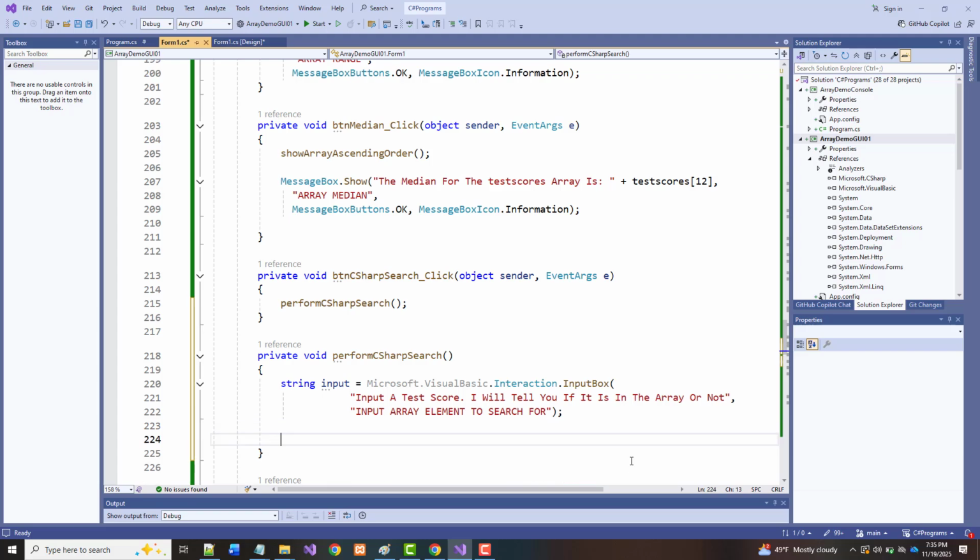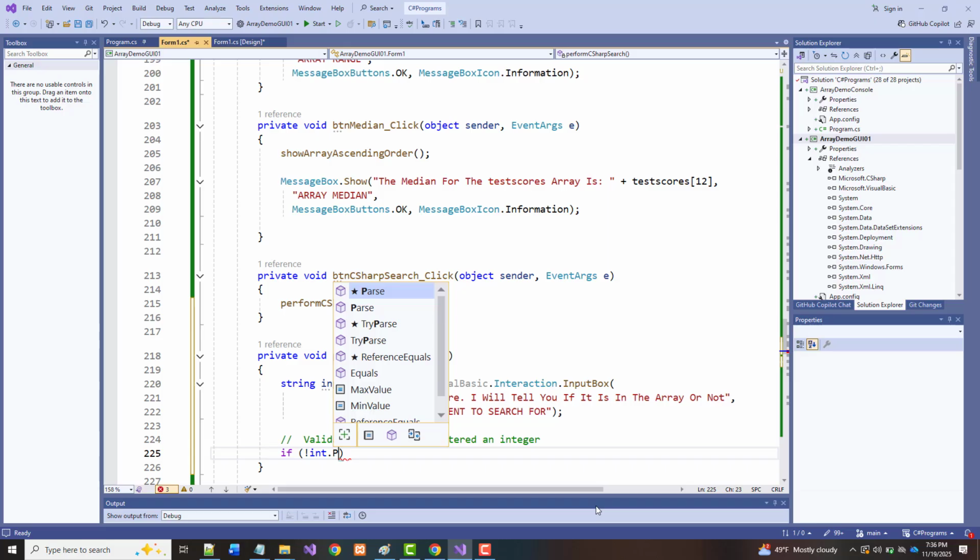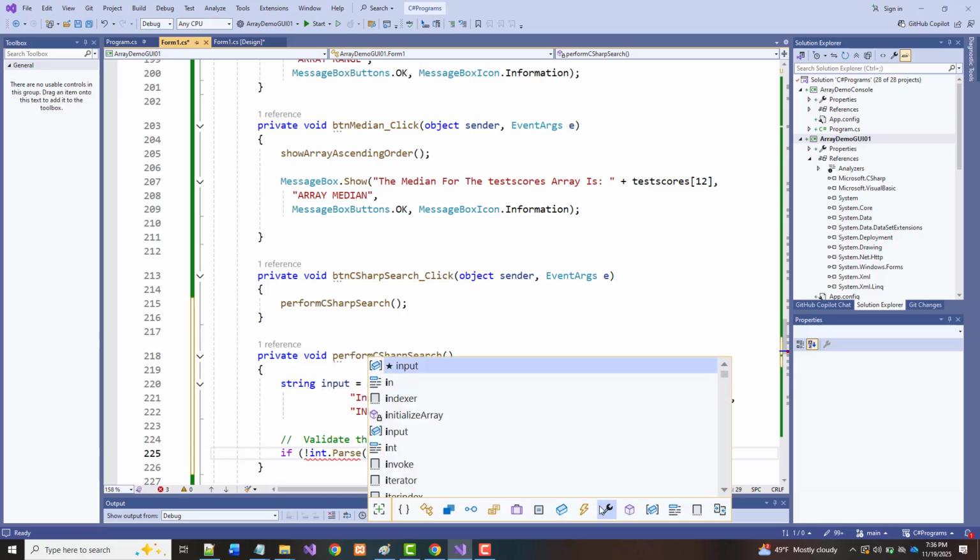Now, validate that the user entered an integer. You can't search for blank. You can't search for a string. You can't search for a double or a decimal value. This is only going to work for an integer. So if not int.parse, we've been using that one for a while, input,